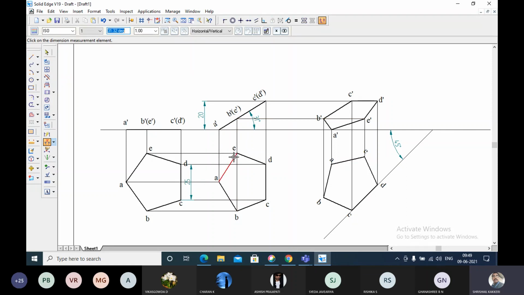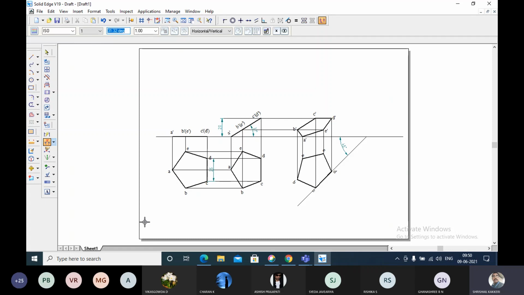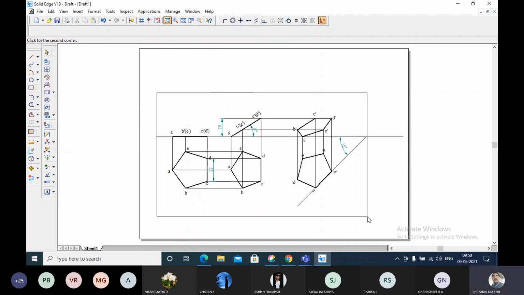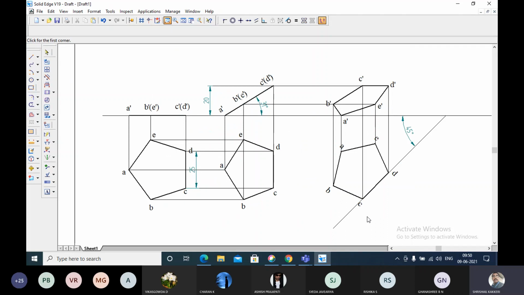That is the position. Now what is the next position given to us? The edge opposite to the corner on which it rests is making an angle of 45 degrees with respect to the vertical plane. So in the horizontal plane we will get it. And the other condition, they have not given us whether the edge is near to the observer or away from the observer. Whichever way you feel is convenient to you, you can use it. Any discussion or any problems? Kindly let me know. I'll give you 1 minute to discuss.